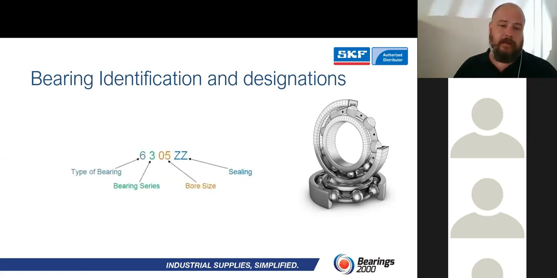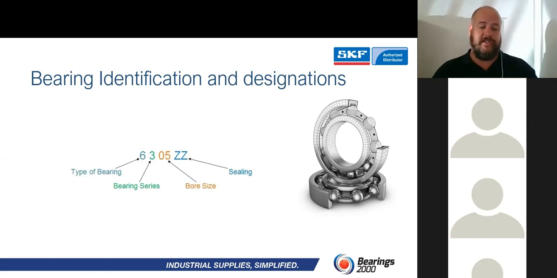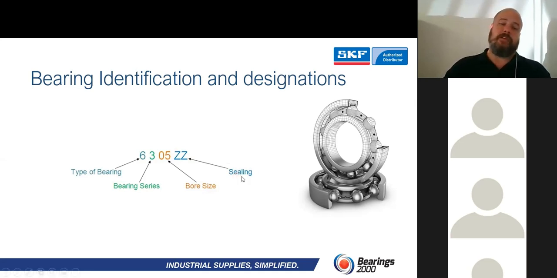So if we look at a part number, for instance, this is a 6305ZZ. The first digit will tell you the type of bearing. The second one will tell you the bearing series. The last two digits will give you the bore size, and the suffix will tell you more about the bearing. So that is always to keep in mind when you've just taken this bearing out of the application and you want to know where to start searching if you can't see anything. And remember, when in doubt, just Google it out or ask us.